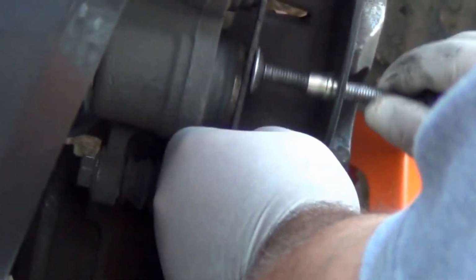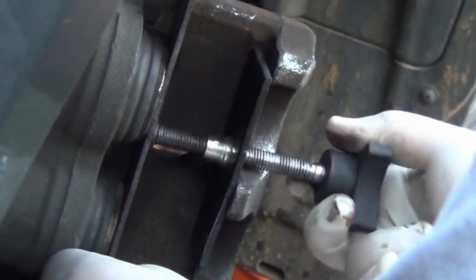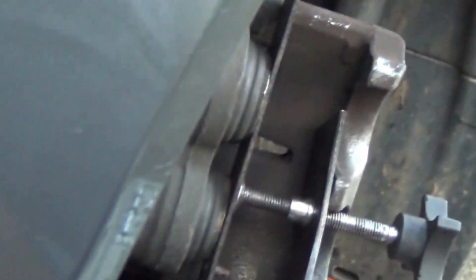You see? The brake fluid is going back right there. Right? And what I want to do here, because this is not actually the right tool for this, and I think this is maybe why my wear wasn't even, because I did this last time this way also. That's a double piston caliper, and it needs a special tool that pushes evenly on the two pistons at the same time. So